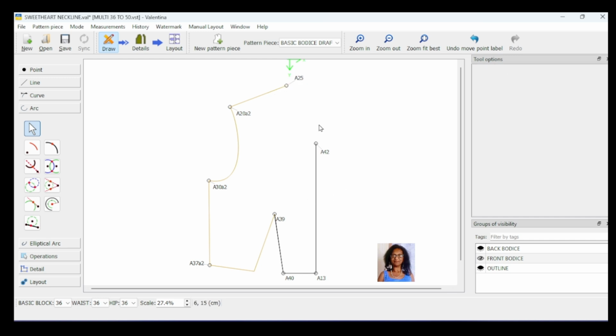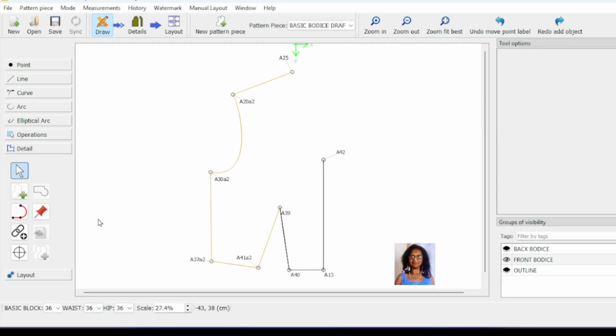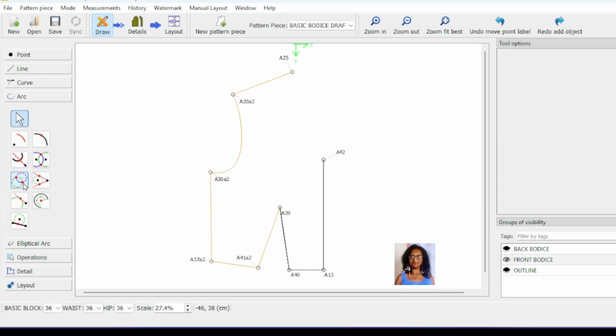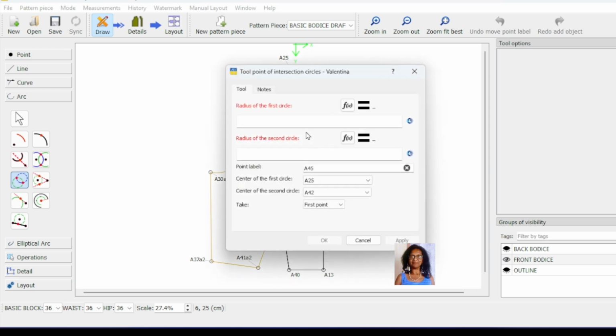And now in this case here, I lowered the neckline, and I'm going to redraw another neckline, and now I'll show you what I'm going to do. Now at this point here, I select the arc tool, which is the point of intersection circles. I'll click on that, and it says select the first circle. I selected, and it says select the second circle. I'm clicking on that, and now